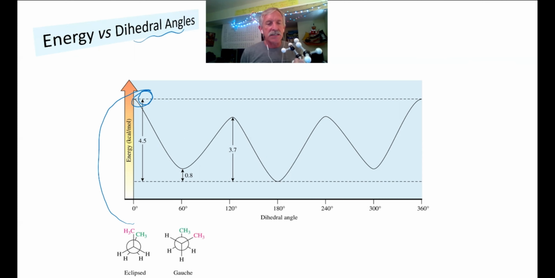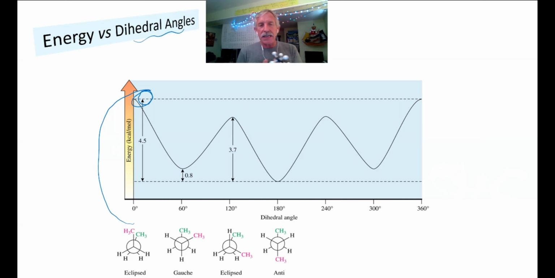So when you turn it 60 degrees, you drop it down to a gauche conformation, but not the best gauche. And then you rotate it another 60 degrees and you get back to an eclipsed, but not the worst eclipsed. So this molecule is constantly rotating around, and then it gets to its anti after a few 60-degree moves, which is